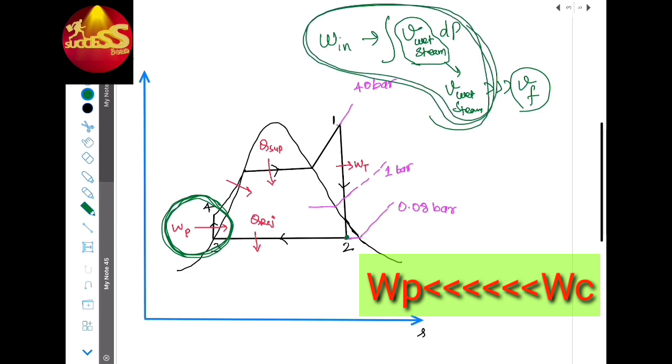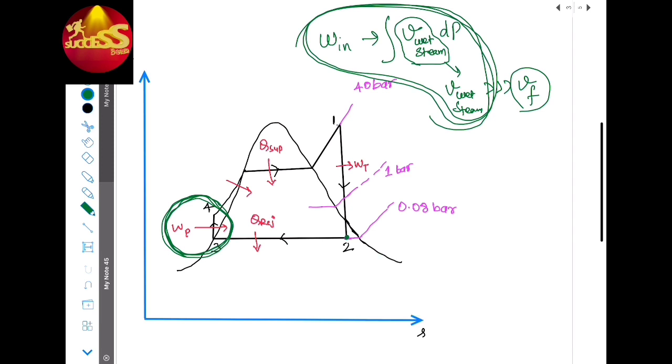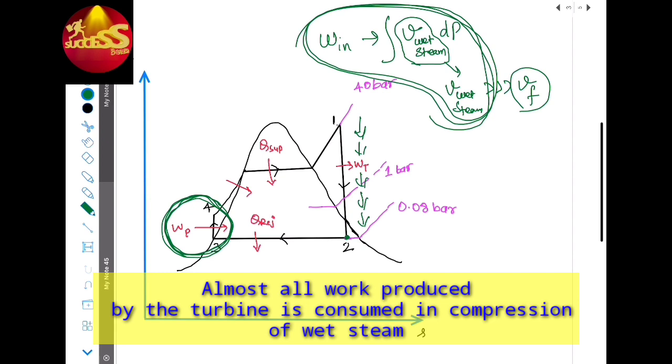So here comes the difference. Whatever the expansion we get in the turbine is used in compressing the same wet steam which is exiting from the turbine. So work from the turbine minus work input to the compressor,